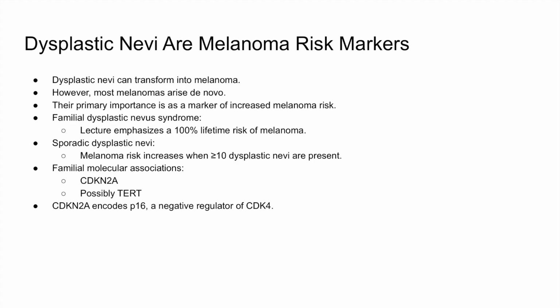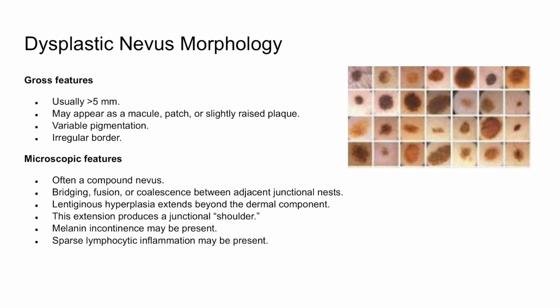Some lectures describe the familial lifetime risk as approaching 100% in heavily affected families, but current estimates for CDKN2A carriers are high rather than universal. So for the exam, the main association is multiple dysplastic nevi plus a family history of melanoma, suggesting CDKN2A related familial melanoma. All right, so a dysplastic nevus is usually larger than 5 millimeters and may be flat or slightly